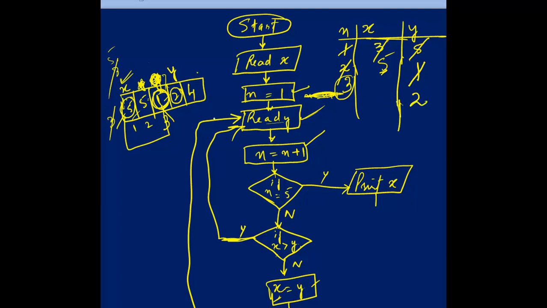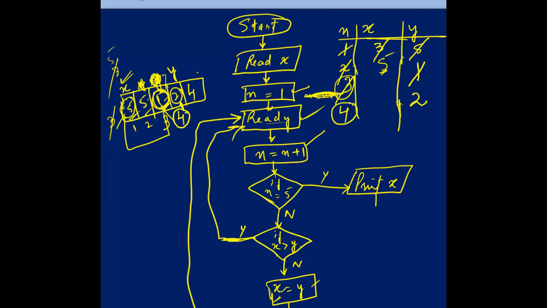Now the value of n will become 4, because after that we are incrementing n by 1. It will become 4 because we are on the 4th number of the array. If we look, this is 1, this is 2, this is 3, this is 4. So now if n is equal to 5, this is not equal to 5. This is equal to 4 only this time.